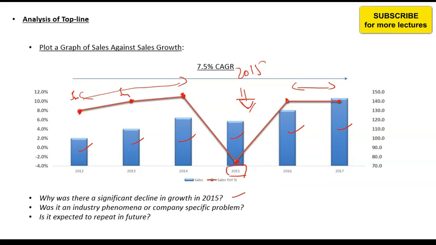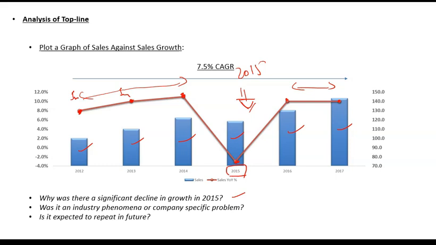So when you are analyzing, all of this that we are doing is important, because we need to forecast future or we need to predict future. Past में क्या हो चुका है, that is of no concern, but why it concerns you is because based on that you will be able to find out what will happen in future. So ये जितने भी आप reasoning ढूंढ रहे हैं, that will be used in predicting the future. So once you know the reasons for decline in 2015, then you need to test, or you need to find out whether that same scenario can happen in future or not.